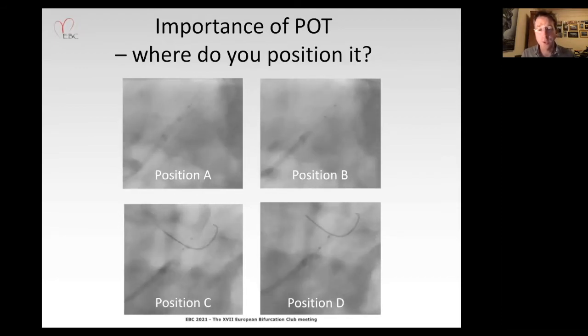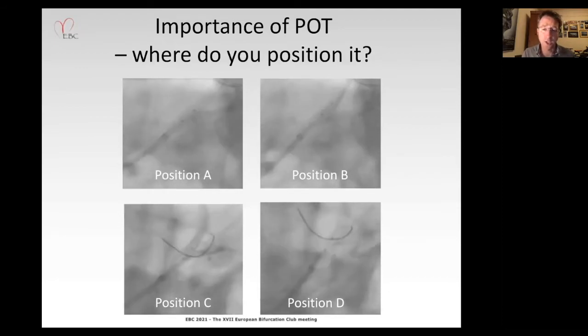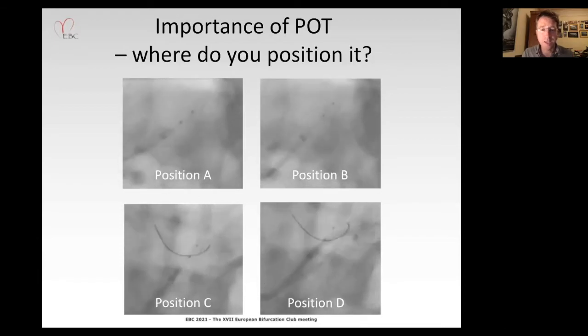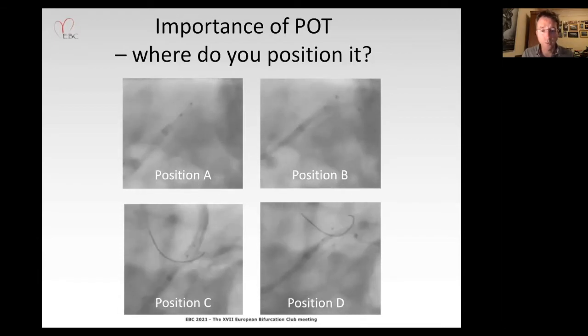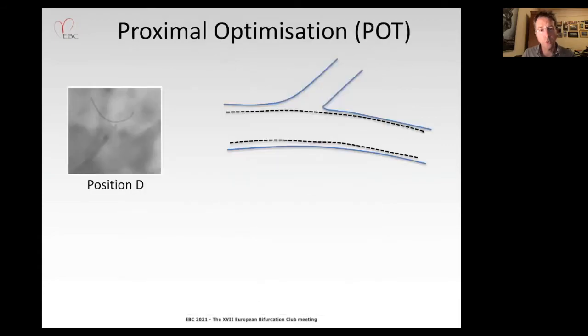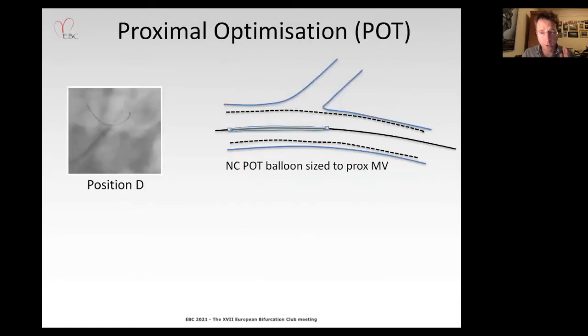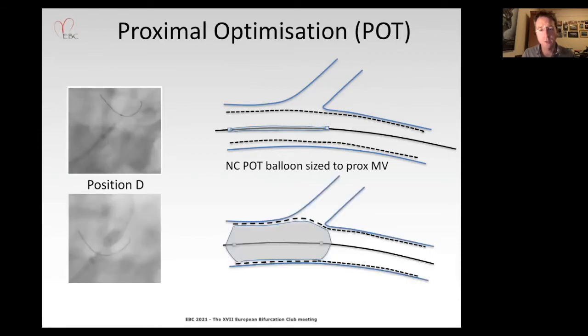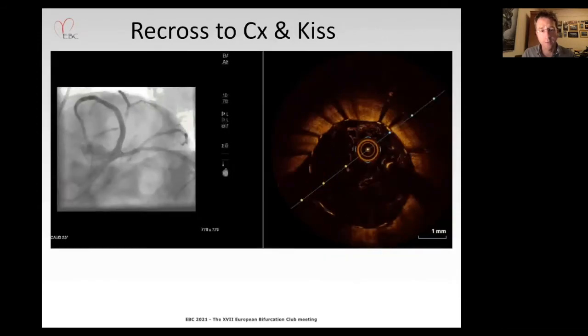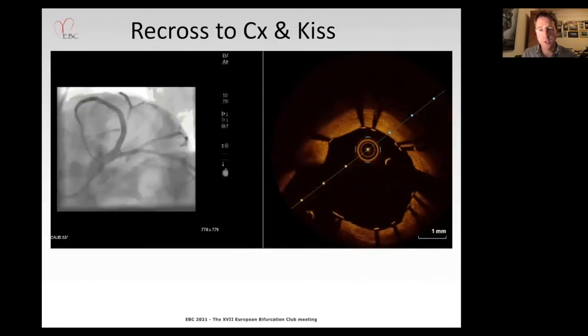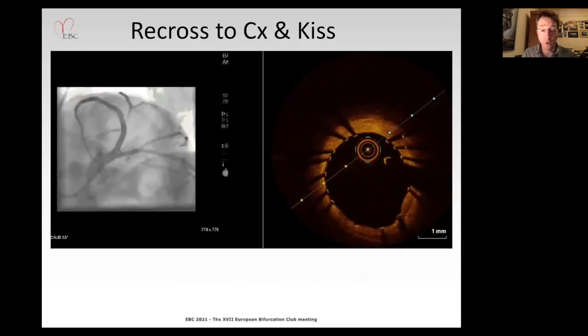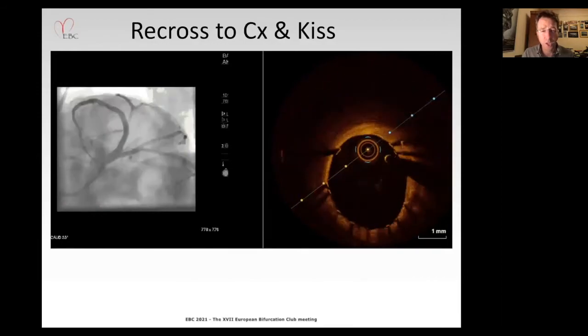And again, this was another poll for the purpose of an educational presentation, which is less easy to do in this virtual world, unfortunately. But I hope you'd all agree that position D is probably preferential in terms of placing it onto the carina, so a distal placement, to enhance that apposition and open up the cells to recross into the circumflex. At this point, the OCT is used to confirm a cross of the wire, which actually was quite